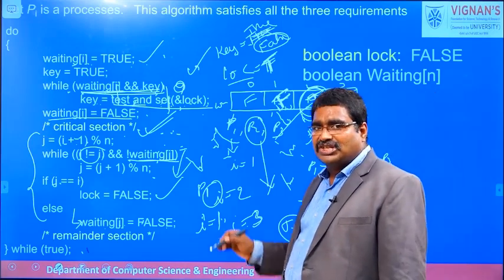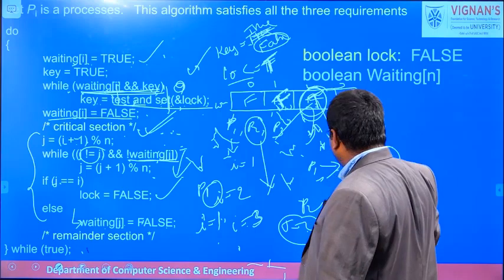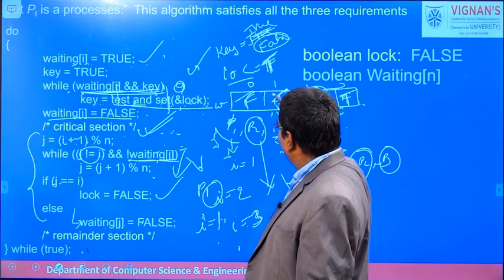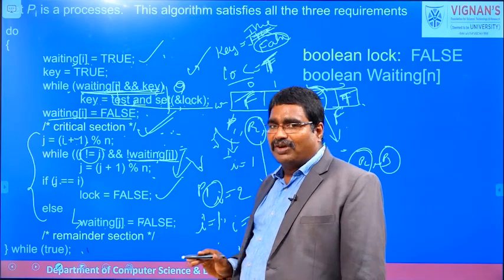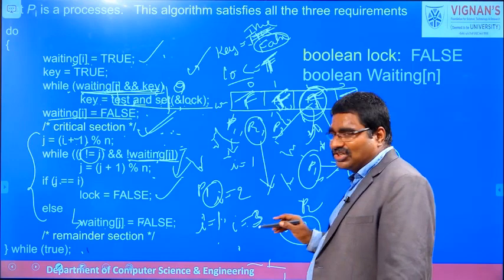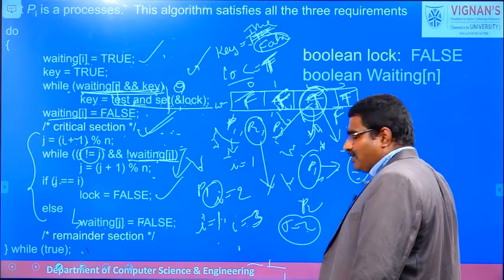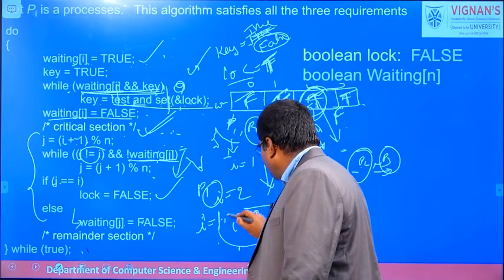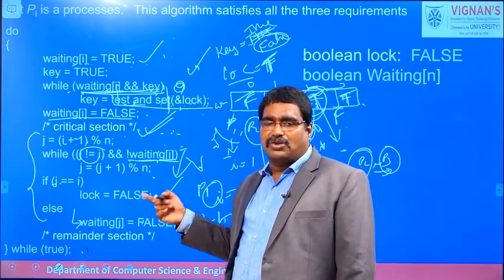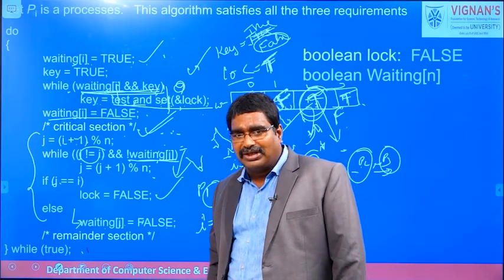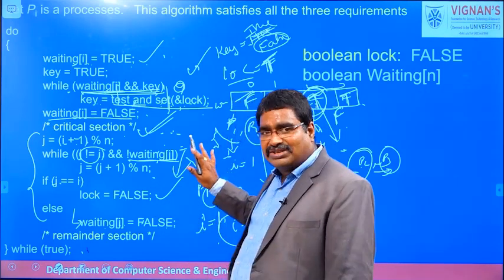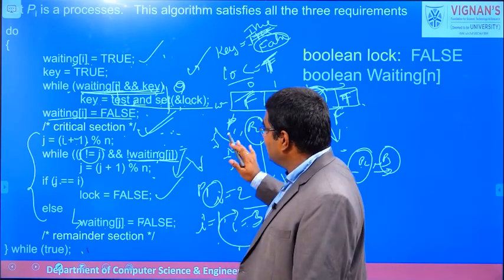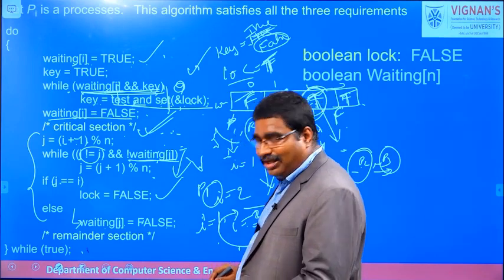If the P2 process is executing in the critical section, P3 is waiting. If the P1 process also tries to enter, again waiting[1] is set to true, and it is also in the while loop only. Once P2 completes its execution, it allows first P3, followed by P0, followed by P1 and so on. So it simply follows the circular queue order. For that reason, any other process is allowed at maximum one time only. For that reason this algorithm satisfies the mutual exclusion, progress and bounded waiting conditions. So this algorithm satisfies all the three conditions.